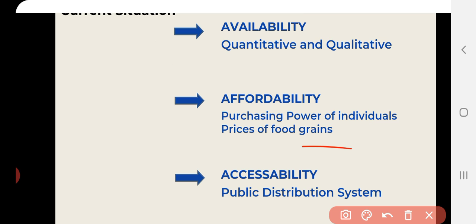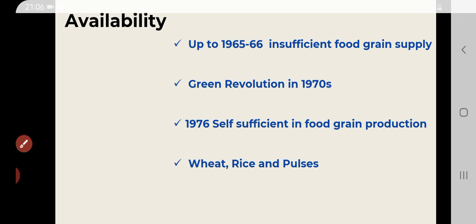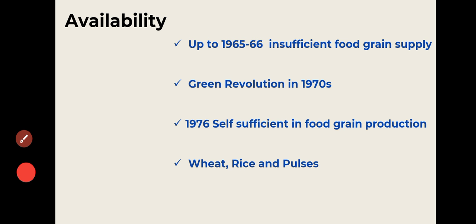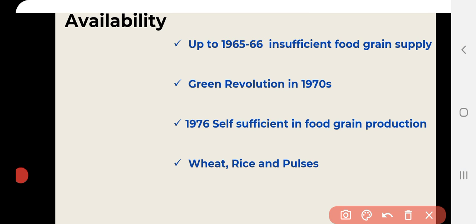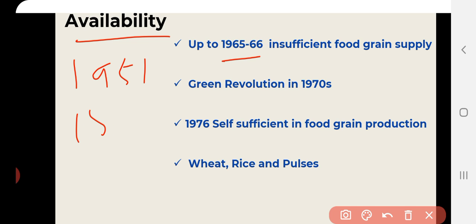At the very first outset, I am going to explain the current position of availability of food grains. India started planned economic development since 1951. From 1951 to 1965-66, means in these 15 years,